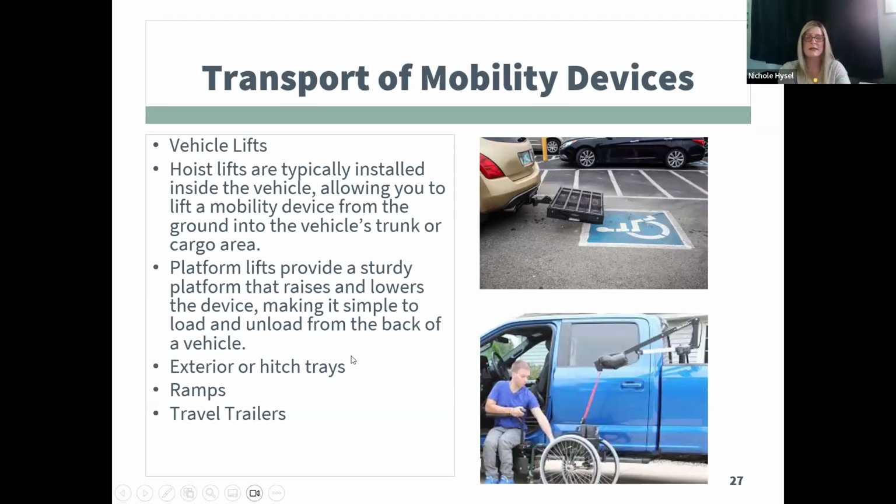The next slide is going to review transporting mobility devices. So individuals who are able to transfer independently or with assistance into an original seat of the vehicle will often need to find various ways to transport their mobility device. So the first picture shows an external lift that is attached to the rear of what appears